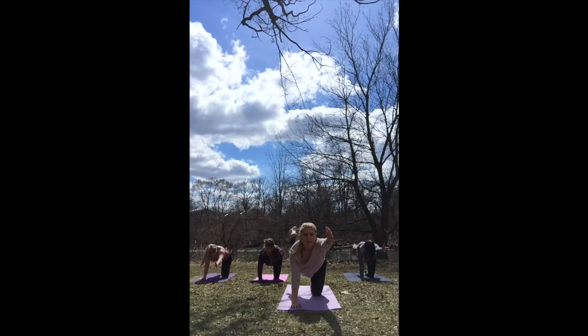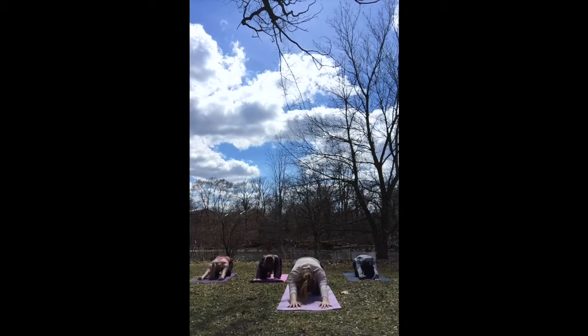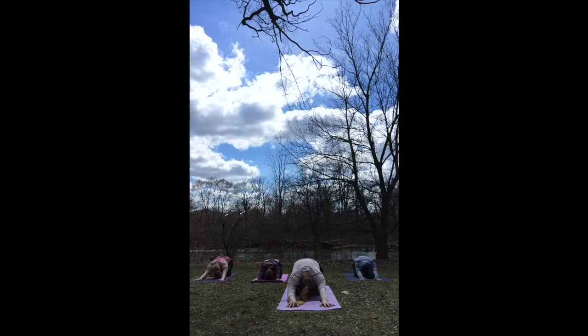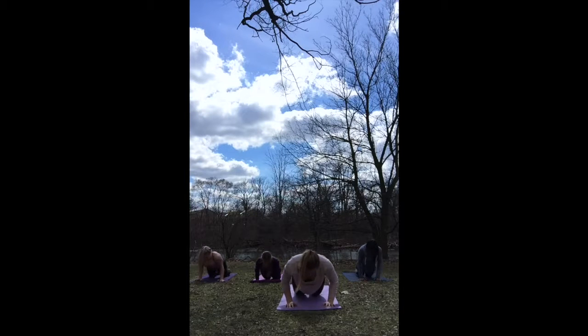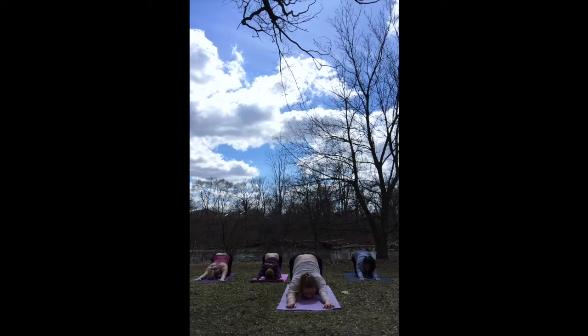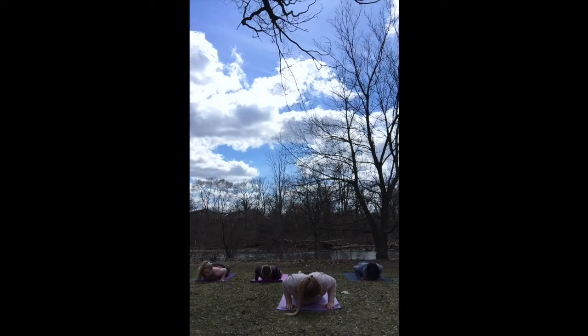And we're now going to bring ourselves back into child's pose, focusing on our breath, really stretching out our spine and our shoulders. Now we're going to come into a modified flow, beginning with the modified plank, down into crocodile, and up, and pushing back into puppy dog. With our foreheads on the ground and our tailbones high in the sky, and we're going to proceed again. Crocodile, back up, move into puppy dog,